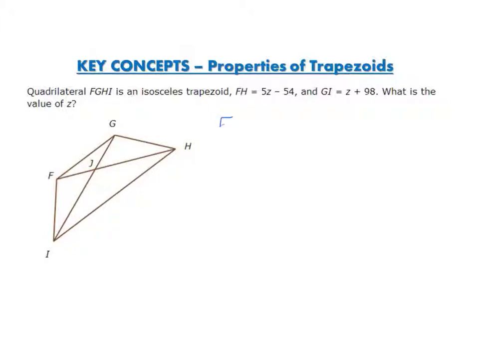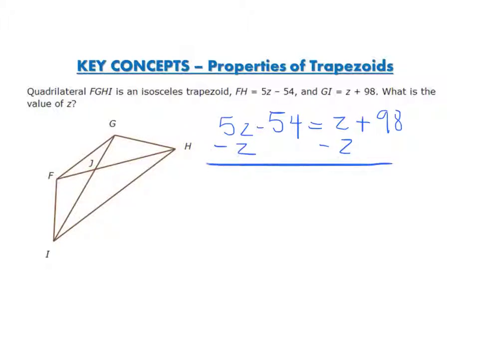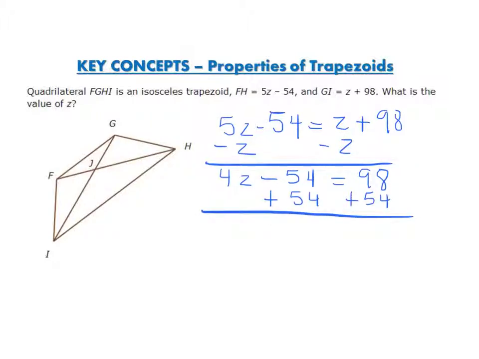So I have 5Z minus 54 equals Z plus 98. I subtract 1Z from both sides. I'm left with 4Z minus 54 equals 98. I add 54 to both sides, and I get